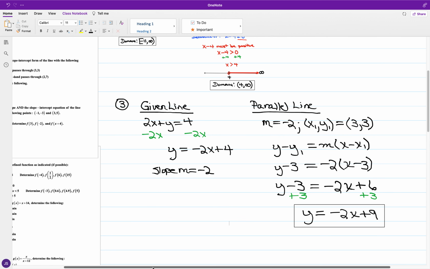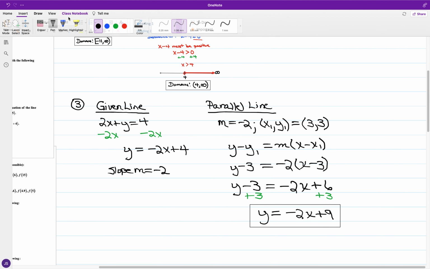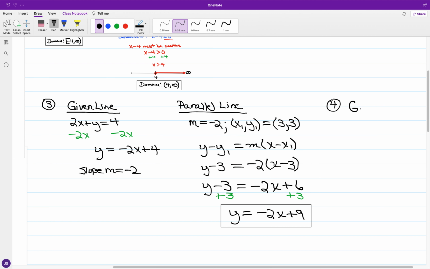Now, for number 4, we're looking for a perpendicular line, where the perpendicular line is running as such with respect to the line defined by the equation 2x minus y is equal to 4, and where the perpendicular line is going to pass through 2, 7. So we have in this problem 2x minus y